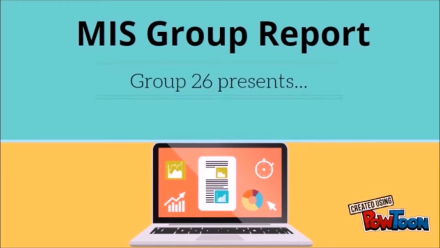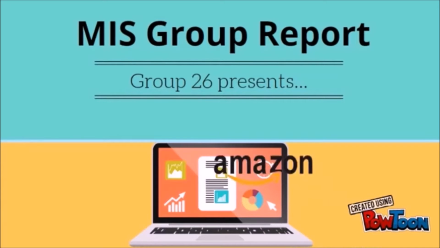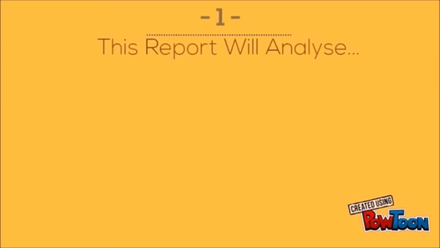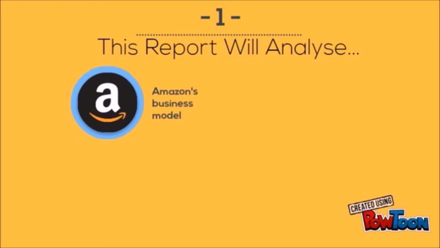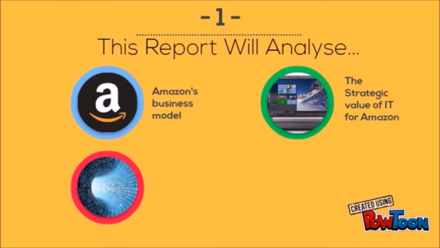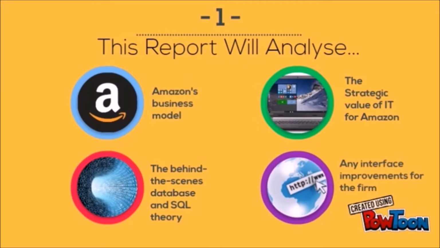We are Group 26. The organisation we assessed for our project is the online retail store of Amazon. Our video is split into 4 parts, covering Amazon's business model, the strategic value of information technology, the entity relationship diagram in the process of purchase, and putting the ER diagram into a database system. The structured query language of finding a product on the Amazon website. We'll be using headphones as an example, and lastly we'll be discussing the potential improvements Amazon can make to their